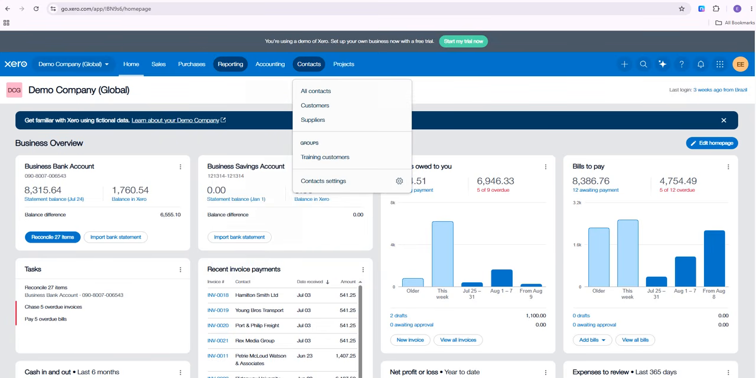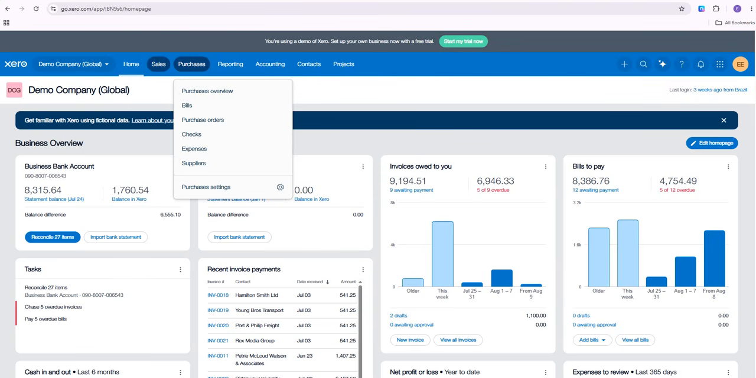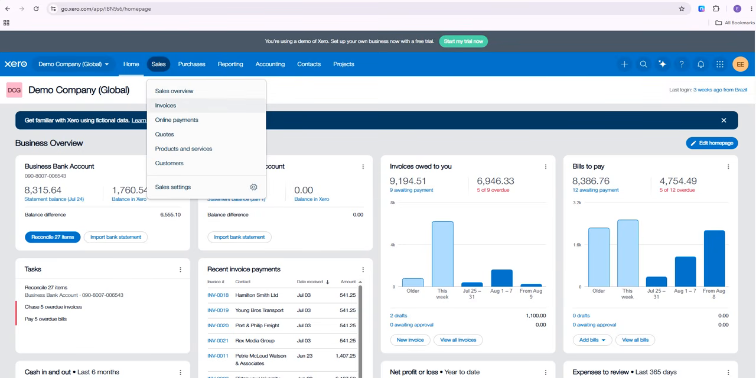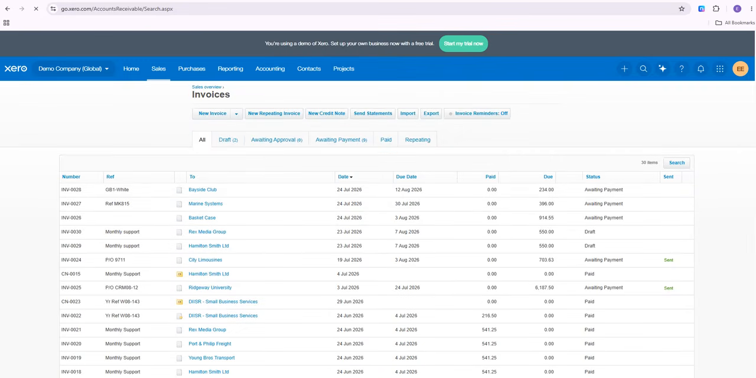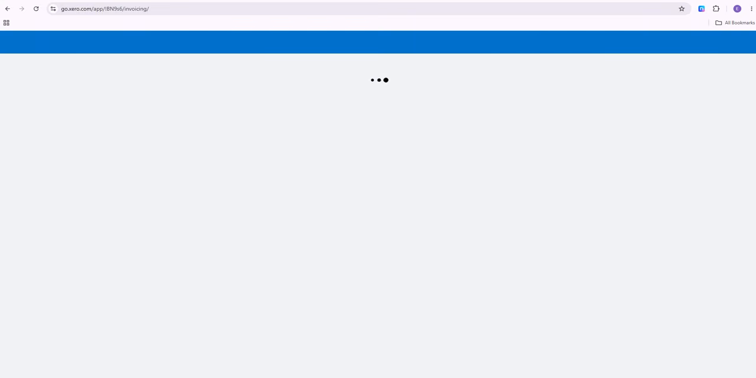Next, create a new invoice by clicking New Invoice, or open an existing approved invoice that you're ready to send to your customer. Now, review the invoice details carefully. Confirm the customer's email address, invoice date, due date, products or services, pricing, taxes, and total amount to make sure